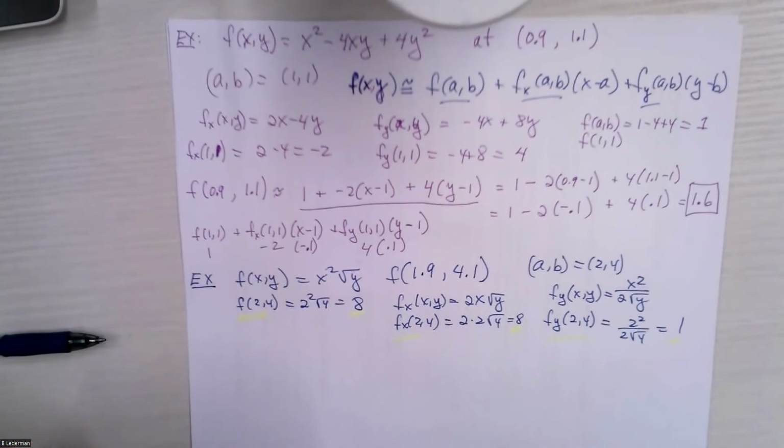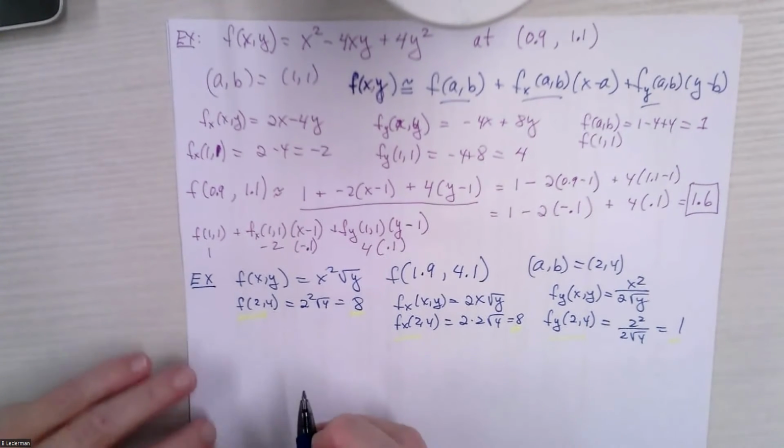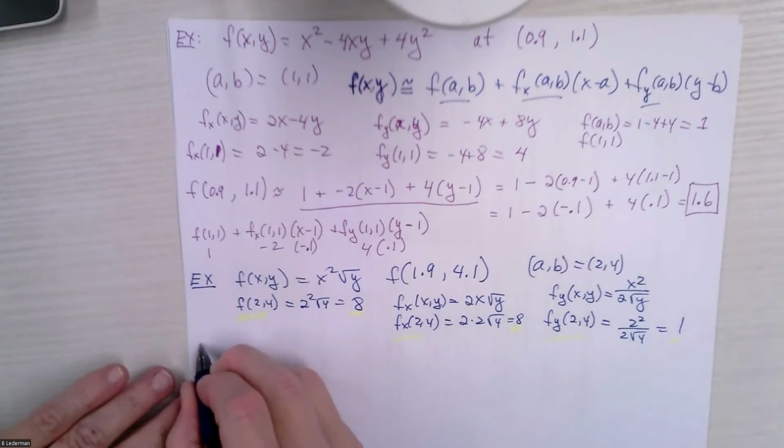So f_y is 1, f_x is 8, and f of (a, b) is 8. Okay, so now we're going to use our formula. We have everything we need now. We're going to use our formula that f of